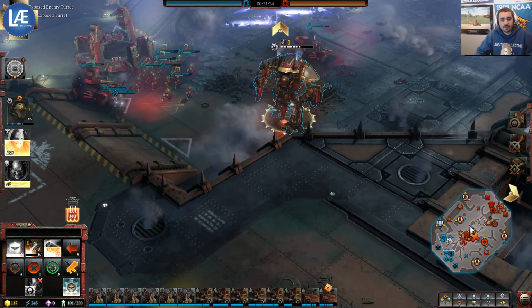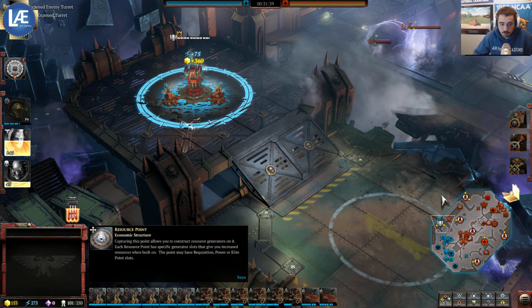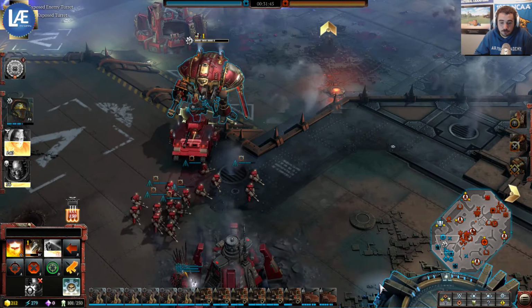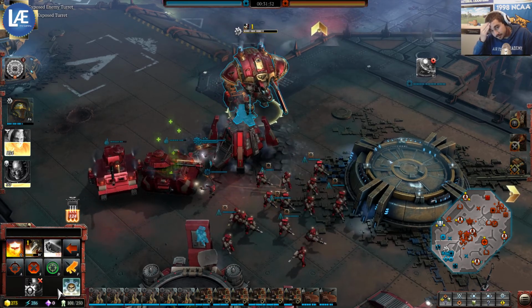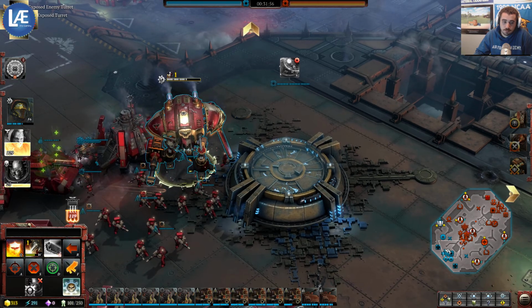He's way out-incomed. He has only 1 point for income. While it's fully upgraded, he just has 1. He needs a decisive engagement in order to win the game now. So he is getting quite a bit of power flow, so he will get some more Predators out. He does have an ample amount of repairs available as well. His opponent,